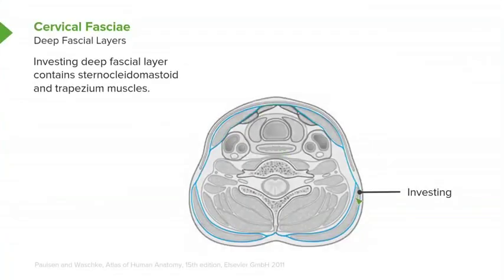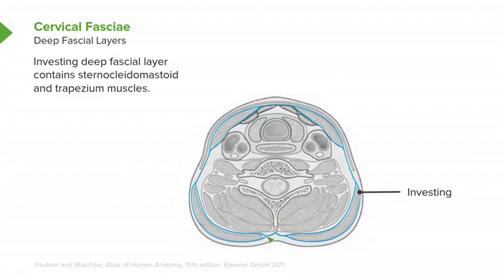The deep fascia that's investing is shown here, for example, and we can see that this investing fascia at this point is splitting and continuing on the deep surface of the trapezius as well as on its superficial surface. In the posterior midline, it joins to form one layer,